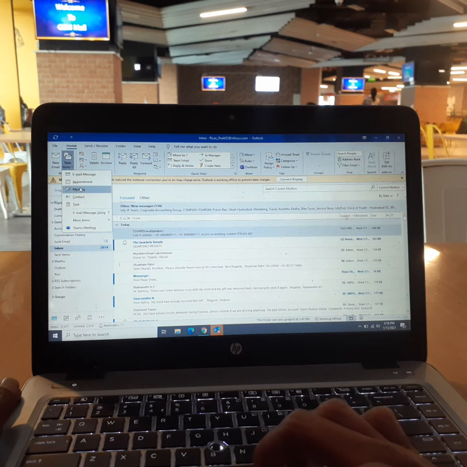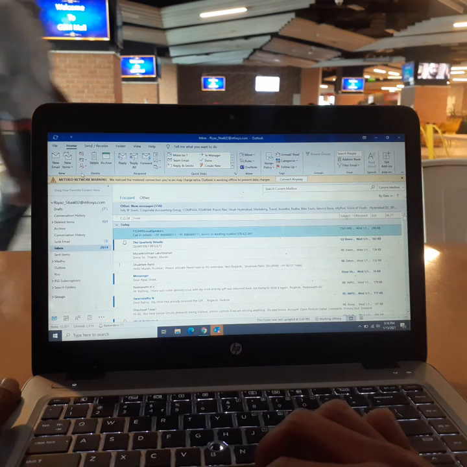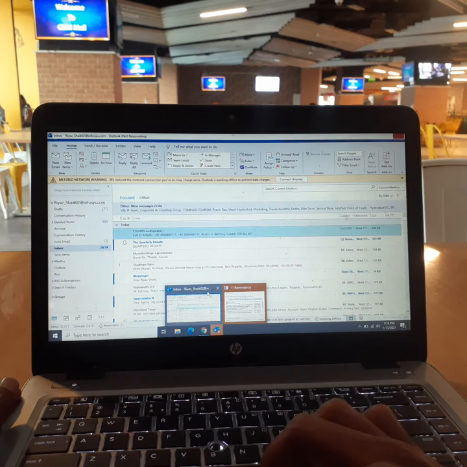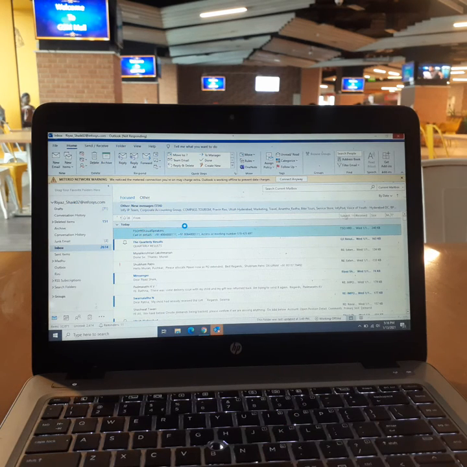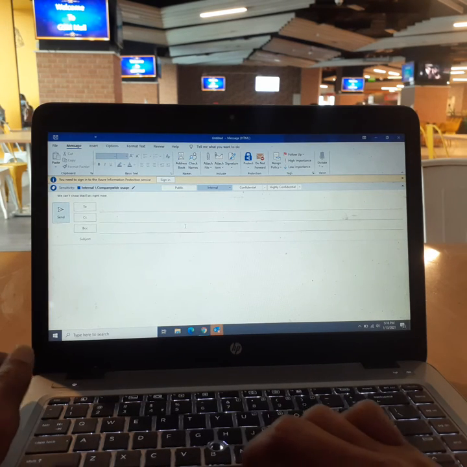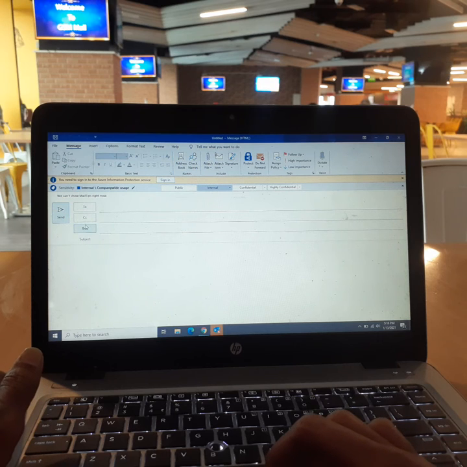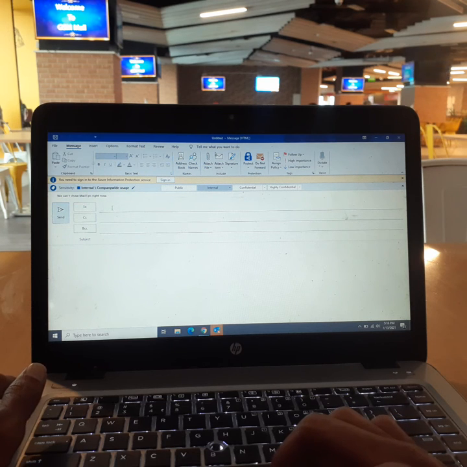Now when you click on new items, you get all these options. Okay, since I'm writing a new mail here, I will take email message. When I click on that email message, okay, one second, looks like it is taking time. Yeah, this is how the new mail page looks. It's quite different from Gmail. You can see it here, right? In Gmail we do not have CC, we do not have BCC, we only had To and subject. So this is how the mail looks in Outlook.